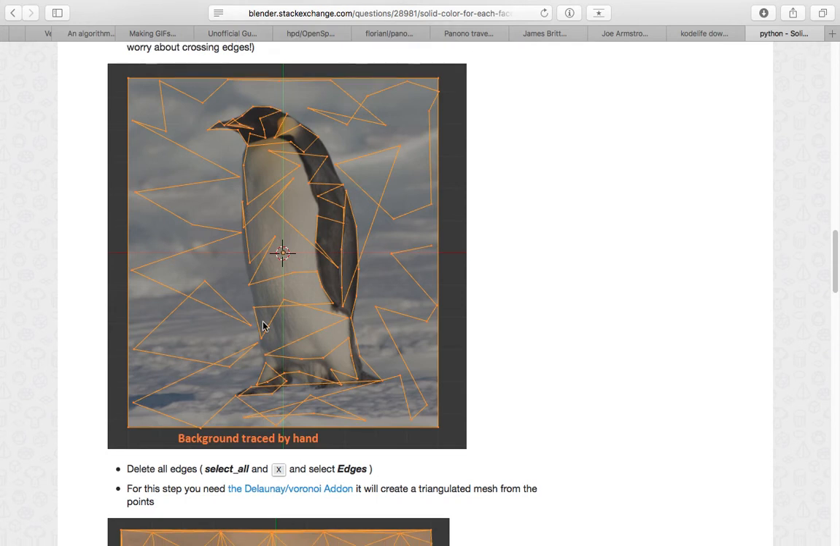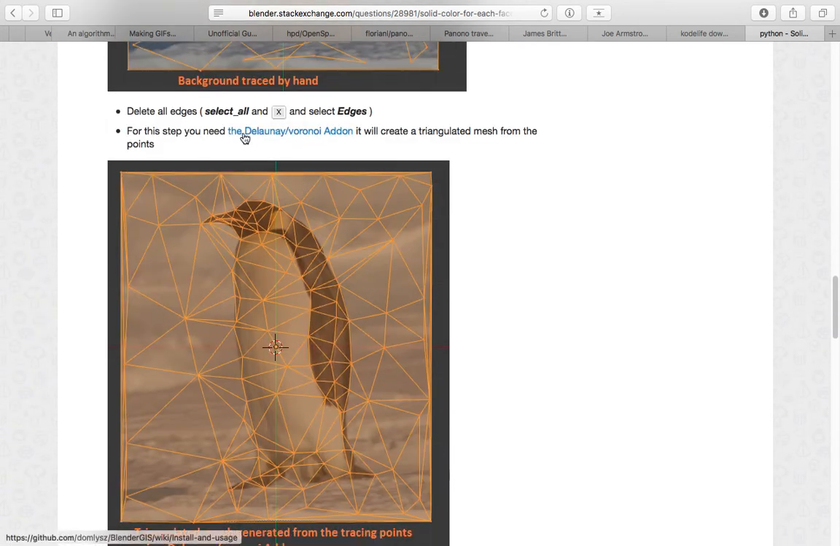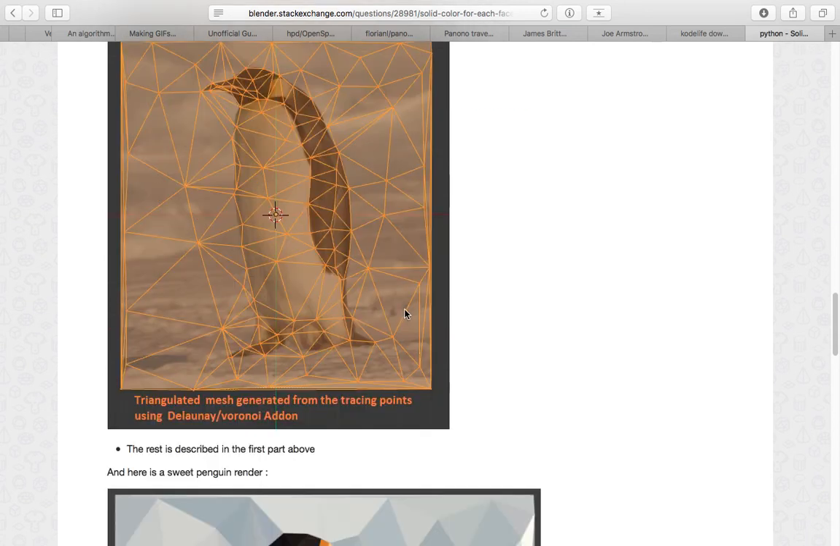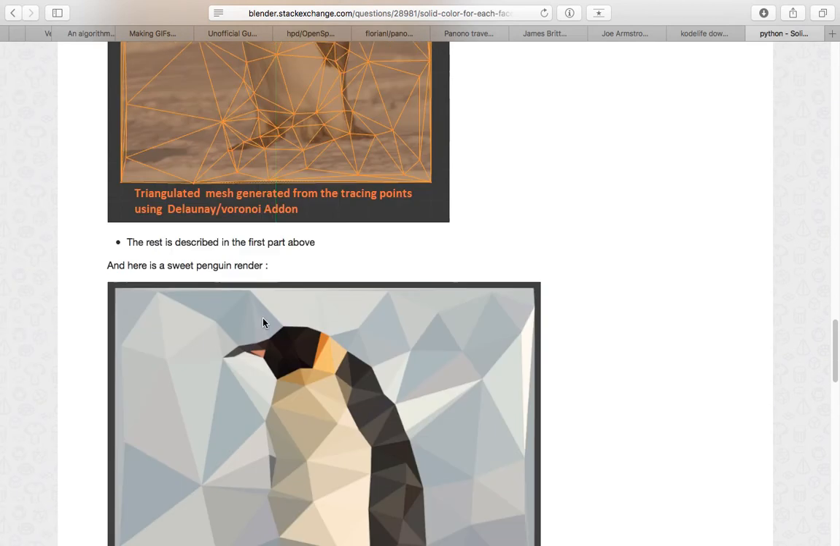Okay, and then from those points, he says you need to use the Delaunay Voronoi add-on. I actually searched for it, and I don't think this add-on is there anymore. So I will use Sverchok to make the triangular tessellation. It will work. I tried it, and then once we get these points